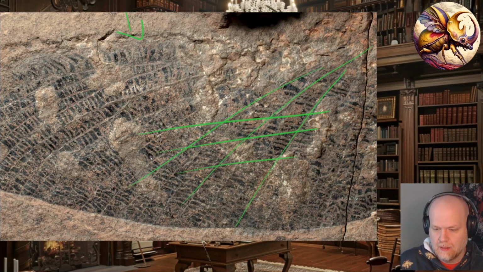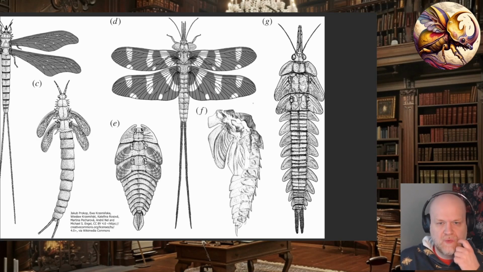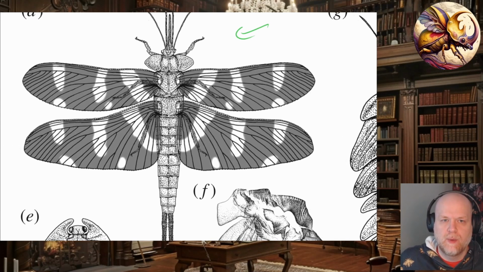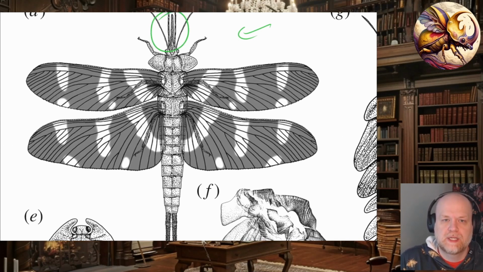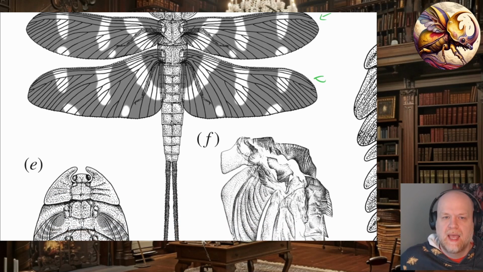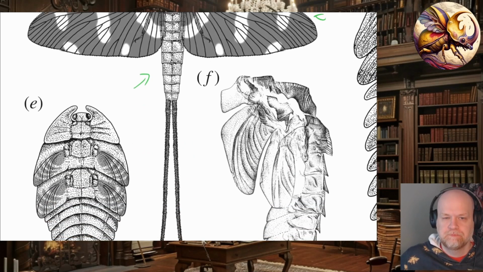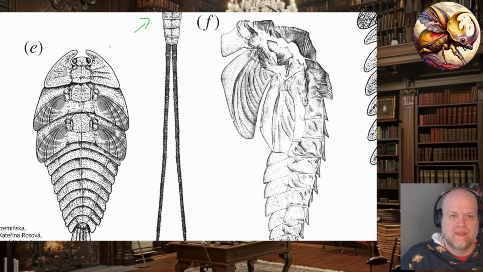So we can tell a few other things, though most of this is derived from just a handful of fossils and amber specimens. But this is what we think the adults would have looked like in most cases, where you have these large piercing, sucking mouthparts attached to the front of the body to feed on trees and the like. There have apparently been fossilized seeds found with some damage that looks like it could have come from these mouthparts. You have 3 sets of wings, which is very, very odd. The wings develop obliquely to the side of the body, a very large abdomen that seems to be largely unspecialized, long cerci, long antennae. The females would have had long ovipositors,